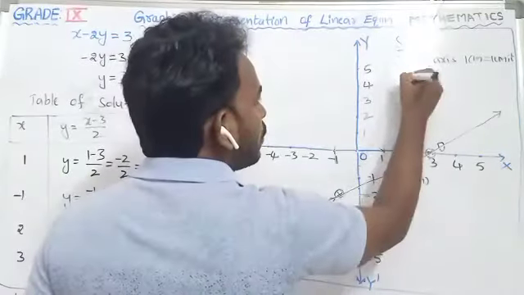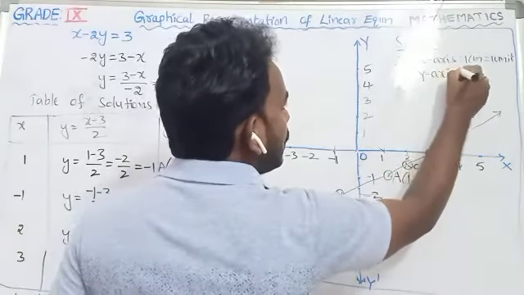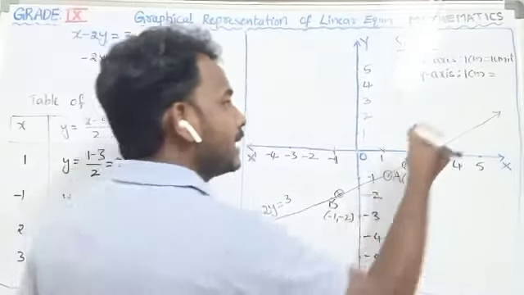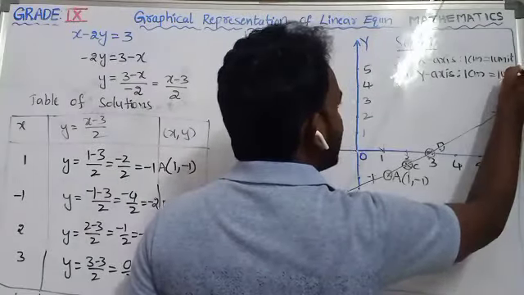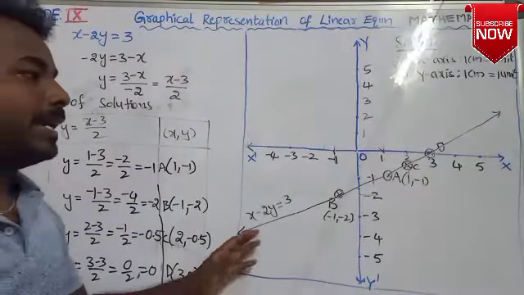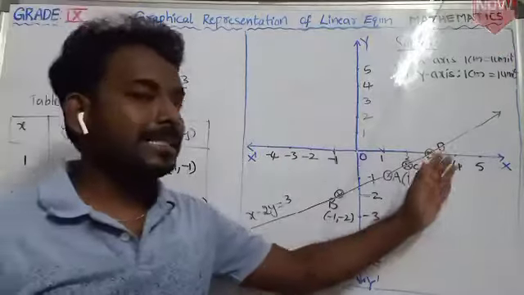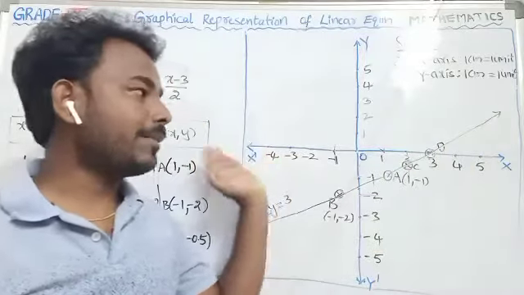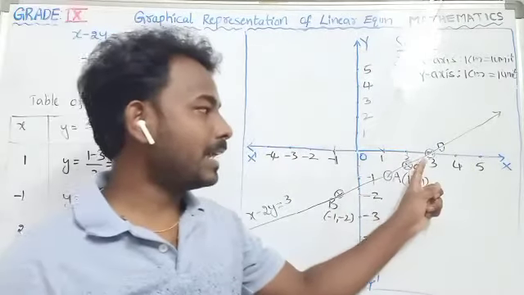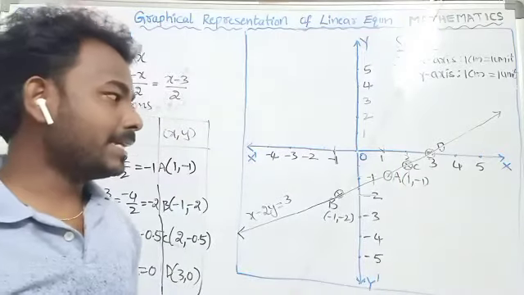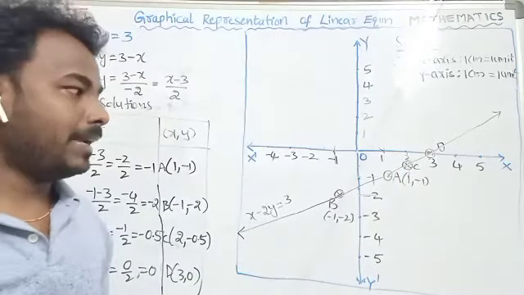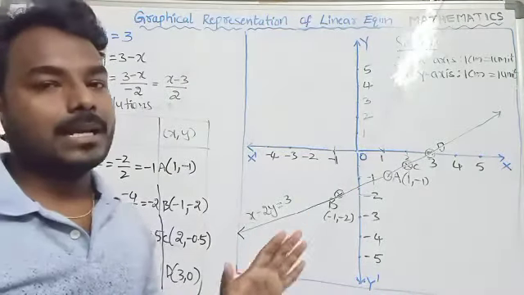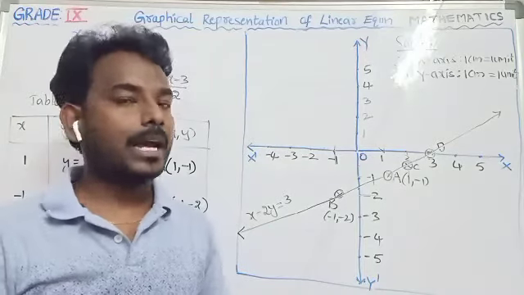Similarly, you need to write on the Y axis, 1 centimeter is equal to 1 unit, since here also we took 1 centimeter for 1 unit. So what you took, you need to represent as the scale. You can check where the line is intersecting the x-axis and y-axis after converting into graphical representation. The line is intersecting at 3 on the x-axis and at -1.5 on the y-axis. All this analysis can be done after drawing the linear equation on the graph sheet. I hope you understand, children.